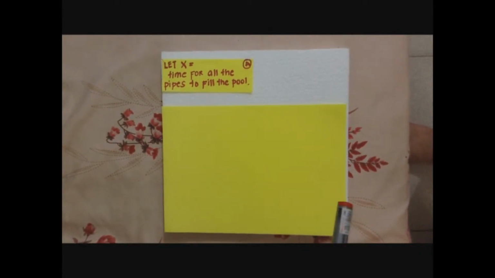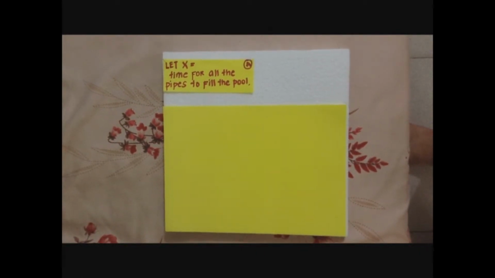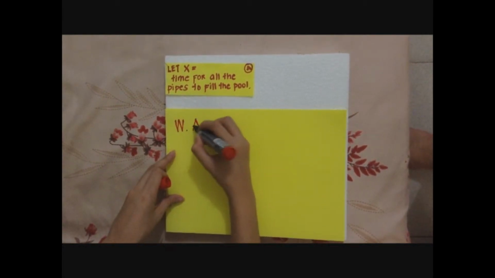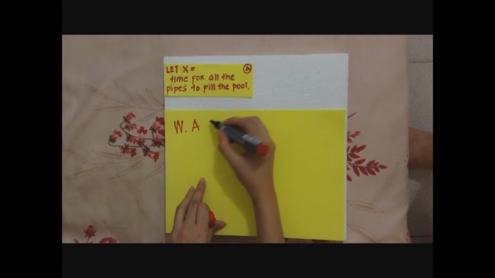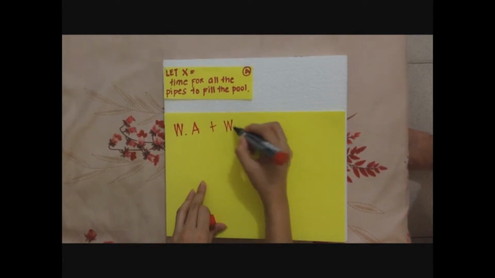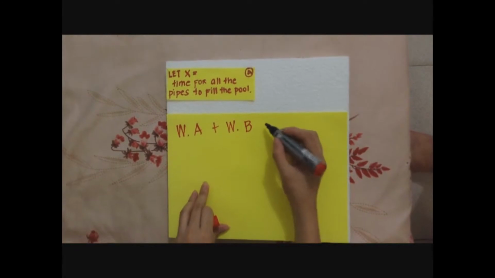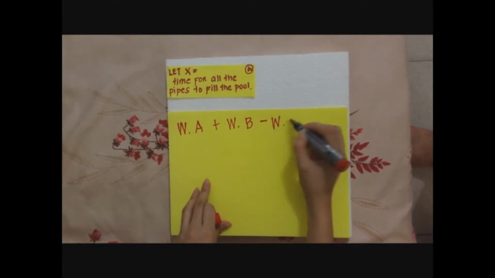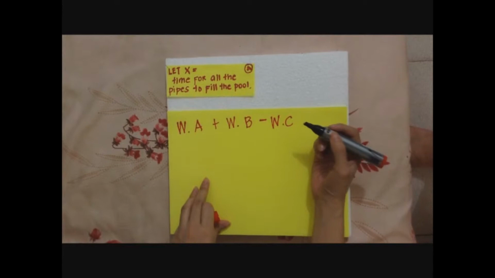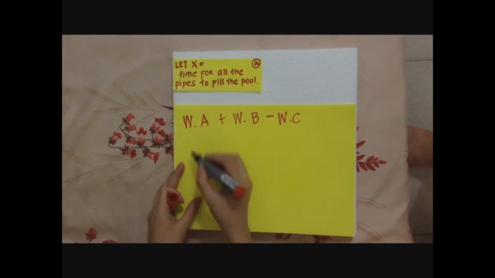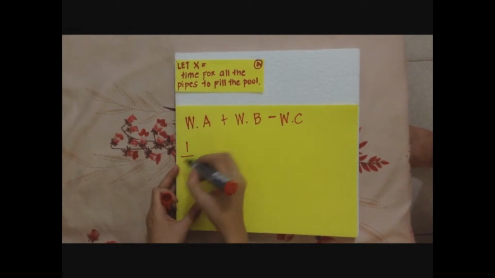So we have to add the work of Pipe A to the work of Pipe B and subtract the work of Pipe C since it is the one draining the pool. So our equation would be the rate of Pipe A